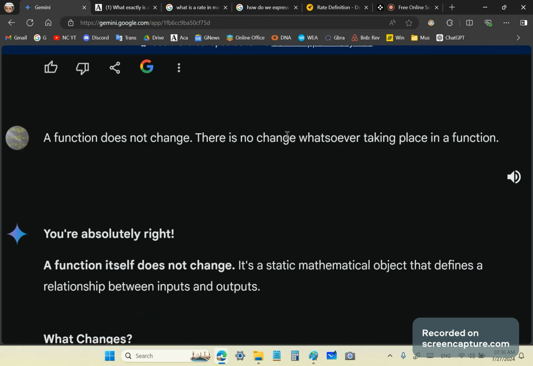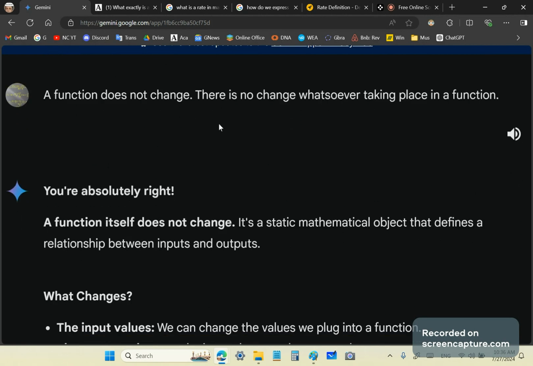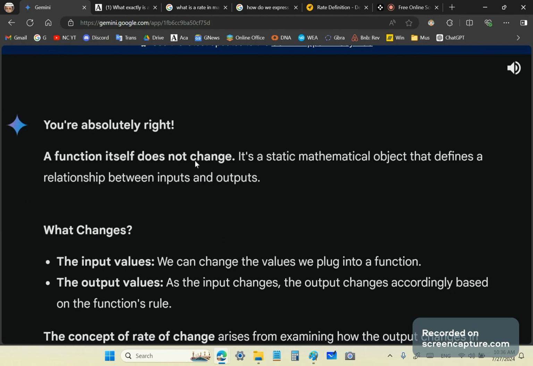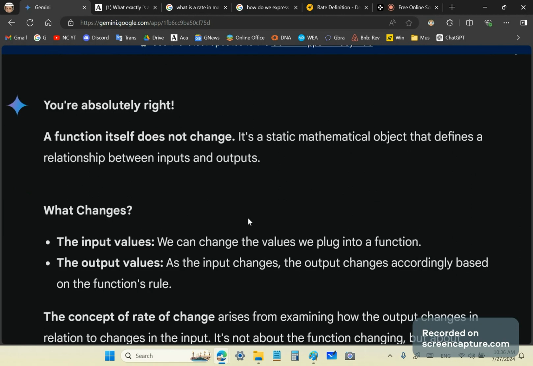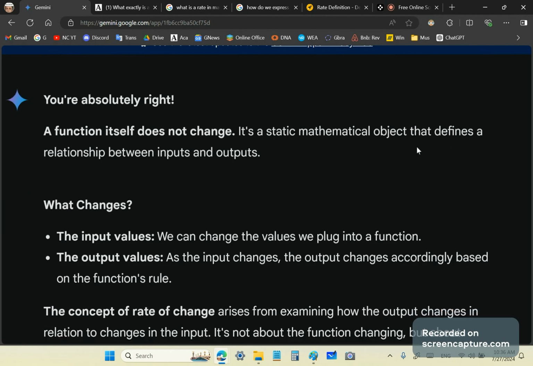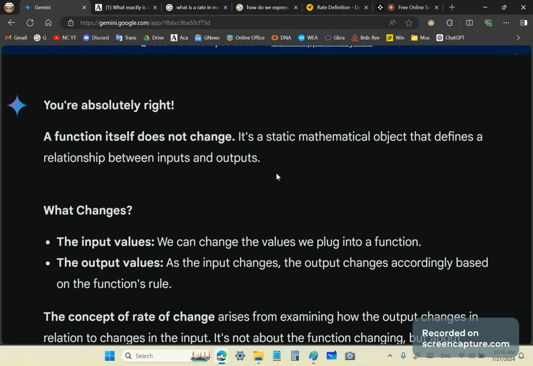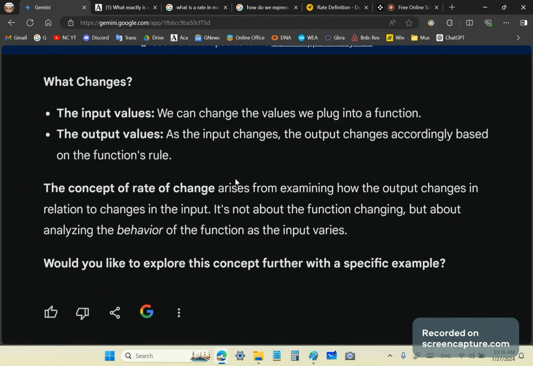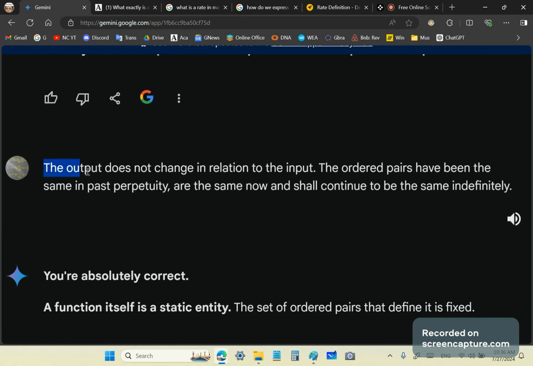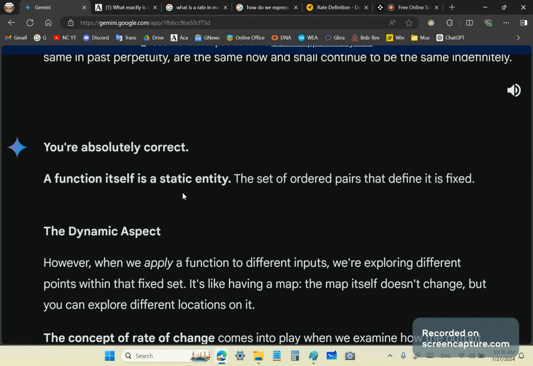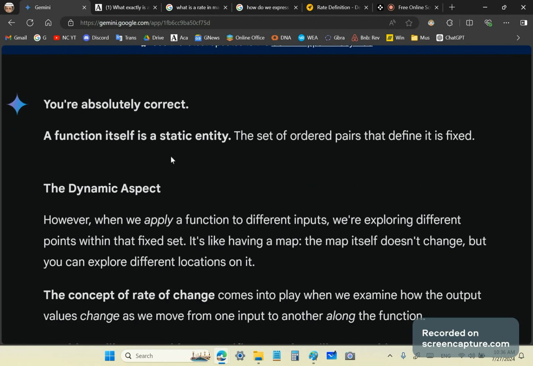So again, I'm busy going back and forth here with ChatGPT, and it says, you're right, the function itself does not change. It's a static mathematical object that defines a relationship between inputs and outputs. The inputs and outputs don't change, right? And I mentioned that to GPT. I said the output does not change in relation to the input. Okay, the ordered pairs have been the same in past perpetuity, are the same now, and shall continue to be the same indefinitely. So a function itself is a static entity,